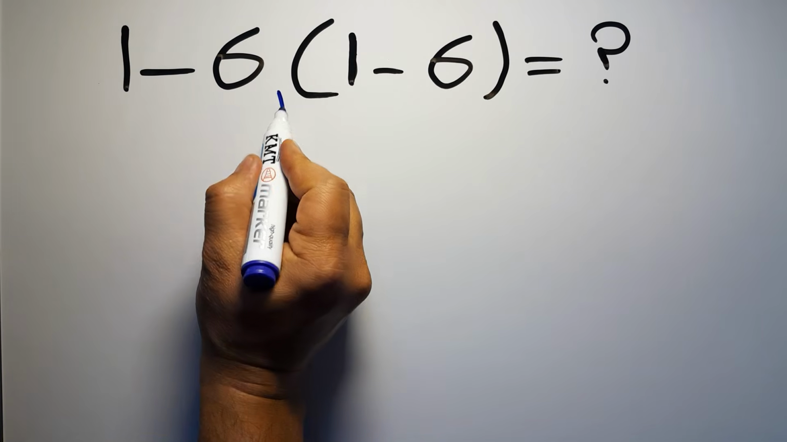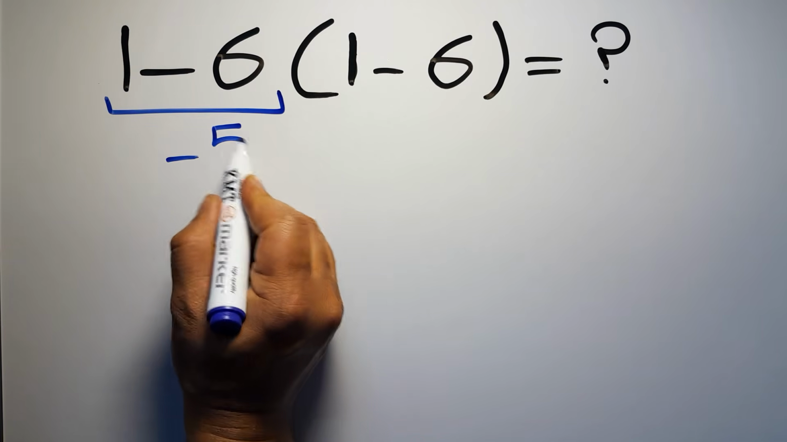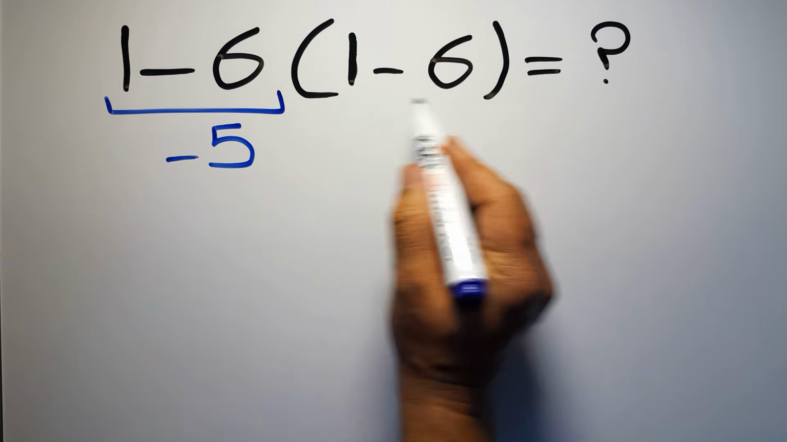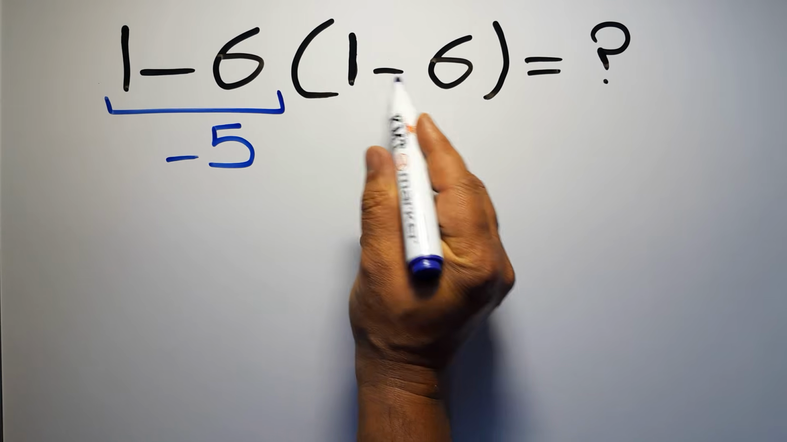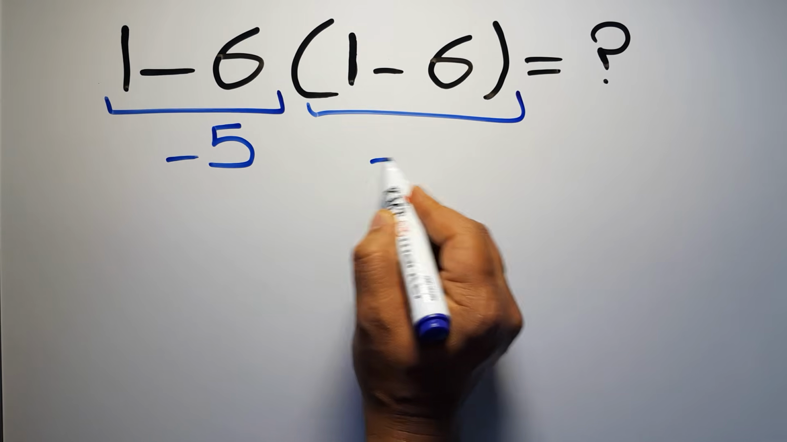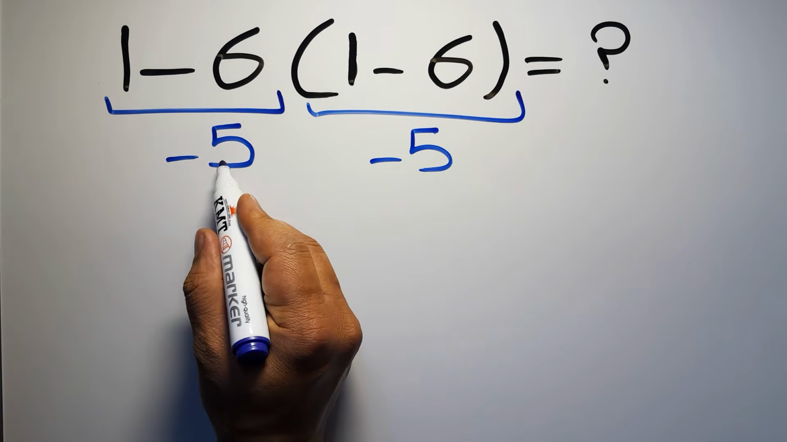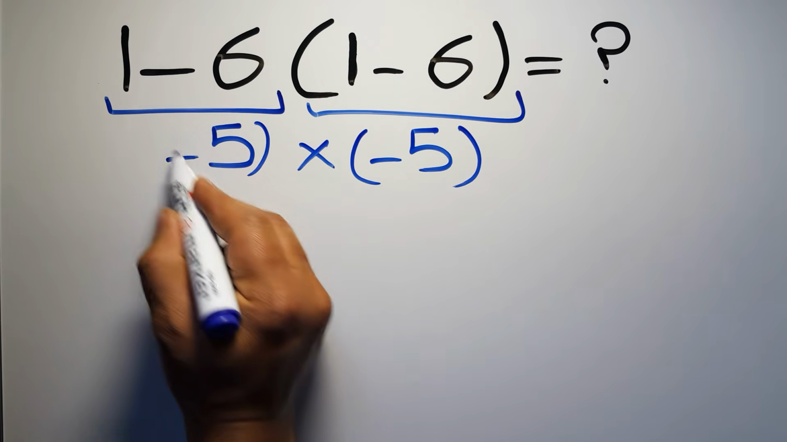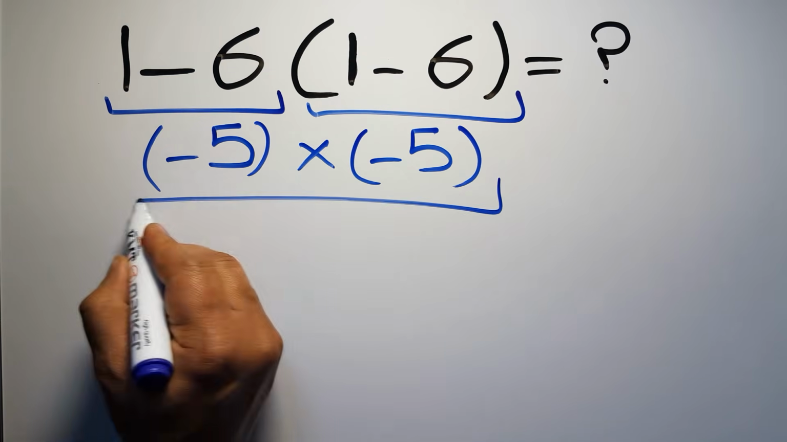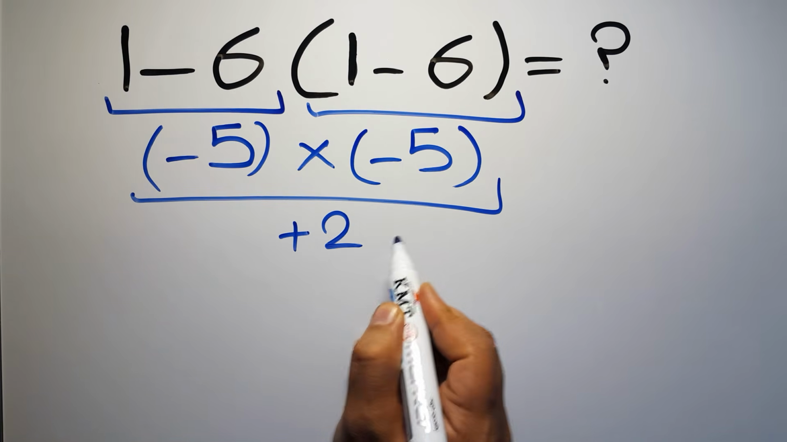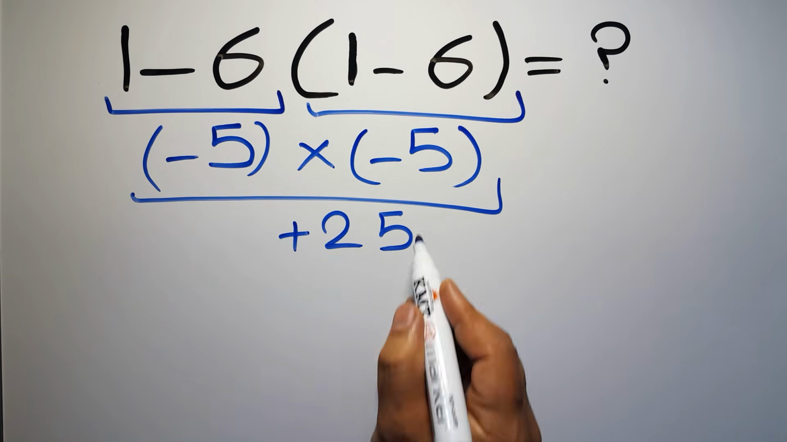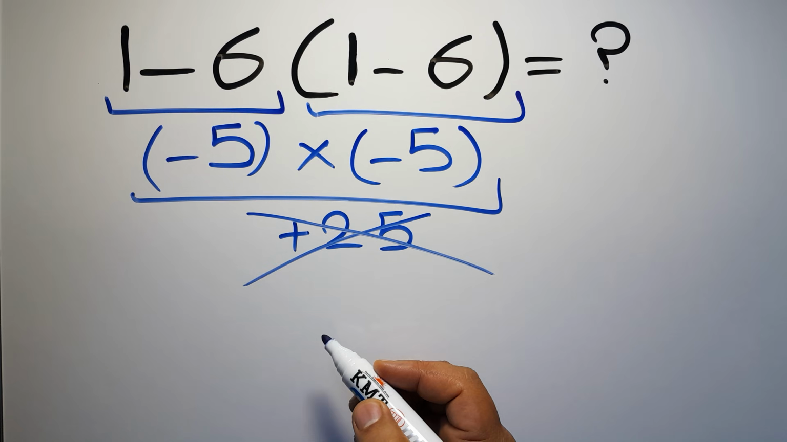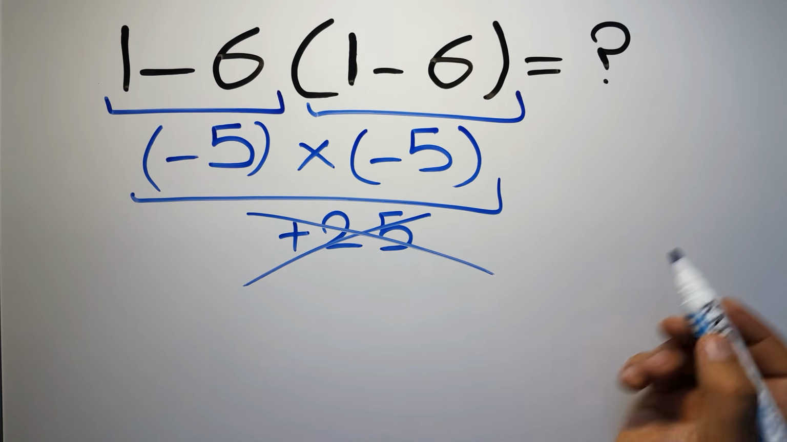1 minus 6 gives us negative 5. And again, here inside this parenthesis we have 1 minus 6. So negative 5 times negative 5, which equals positive 25. But this answer is not correct, because according to the order of operations, first we have